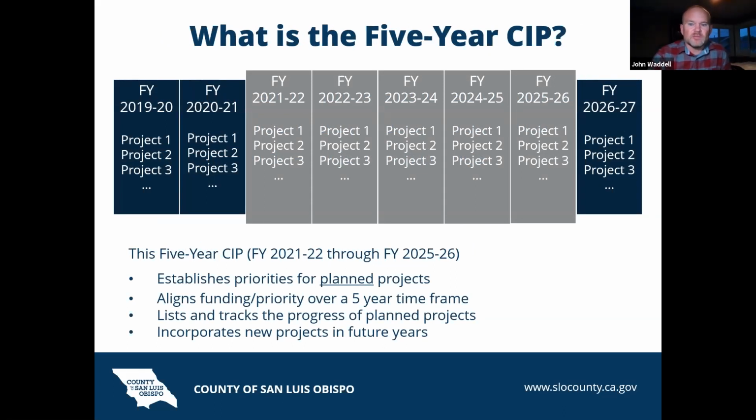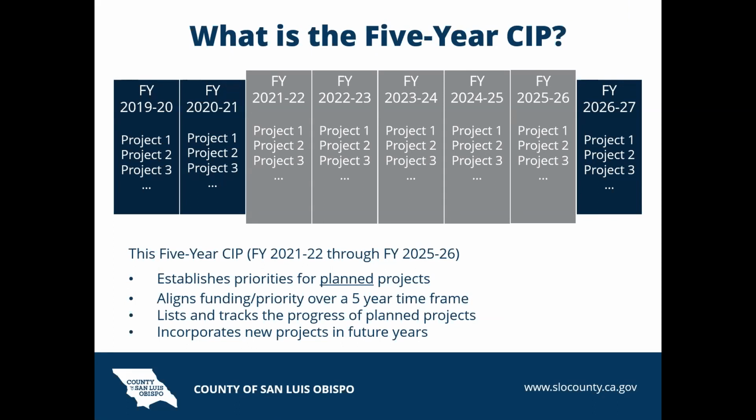So, just another graphic on what it is. This is not a static plan. Every year as it's updated, it's looking at that year and the next 5 years going forward. So it's being updated and pushed forward every year. Going forward, some projects may begin earlier or later than originally planned, and those changes are noted in future year updates. Like a lot of multi-year planning processes, more is known about the most current years at the beginning of the plan than out in the future.